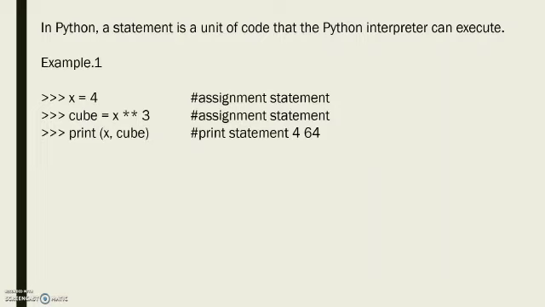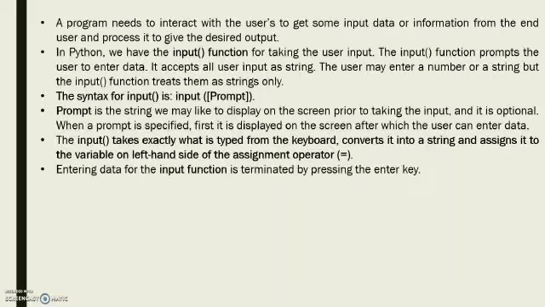And then we have print x and then cube. That is to say, we are using x as the value of 4 and we want the cube value of it, which is 4 multiplied by 4 multiplied by 4. And we are printing this statement. So these variables that have the values are the unit of code that are called a statement.